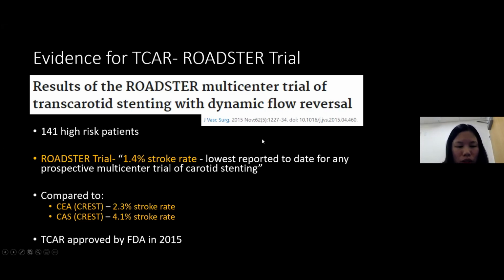And so the ROADSTER trial looked at 141 high-risk patients at 18 different sites. It actually showed that the stroke rate with TCAR was 1.4%, which was the lowest reported stroke rate ever. This was compared to the ECST trial that we talked about earlier, where the CEA stroke rate was 2.3%, and for stenting, it was 4.1%. Because of this, TCAR was approved by the FDA in 2015 for use in these high-risk